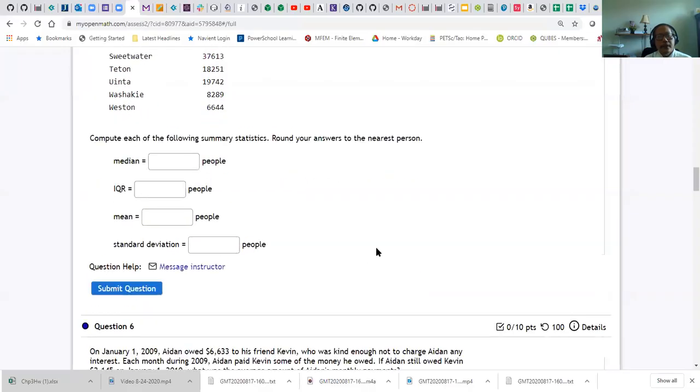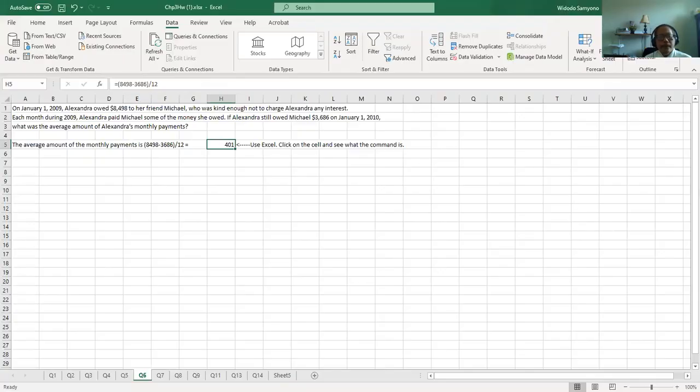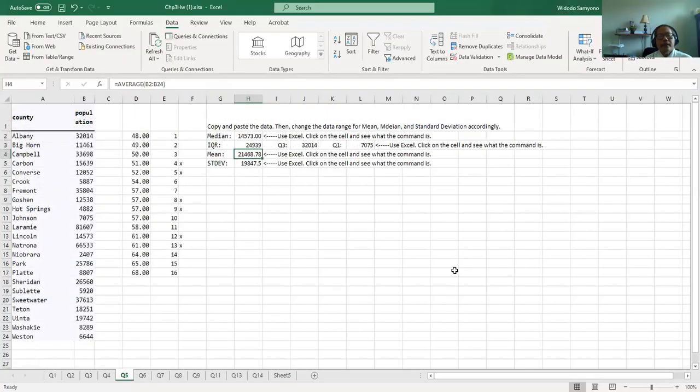Yeah, need to answer the question down here. Okay. Round your answer to the nearest person. That means the nearest person, that means it's a whole number, right? Because you cannot say people like 3.5 people or something like that. Okay? So you have to put a whole number. Okay, let's go back to the Excel for number 5. Okay, so the median is,